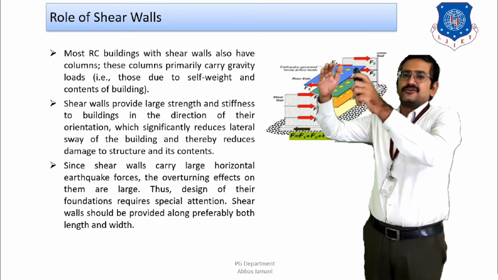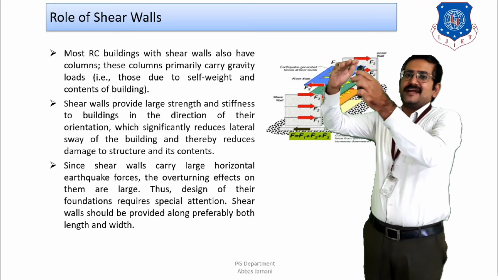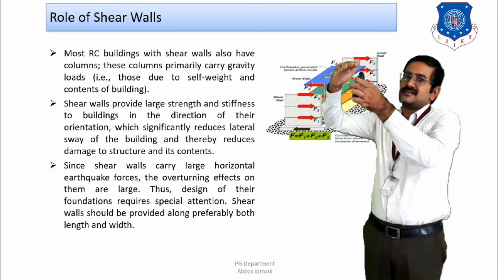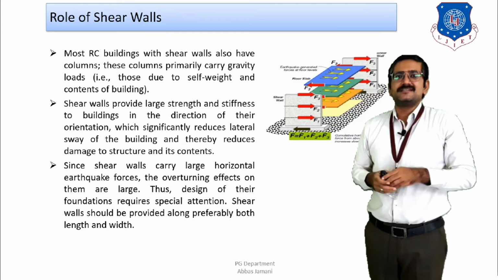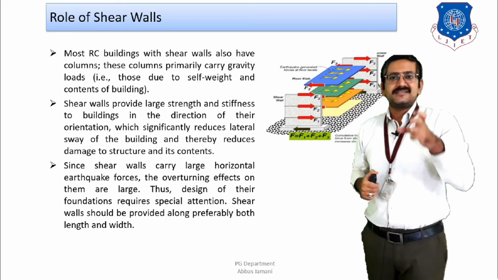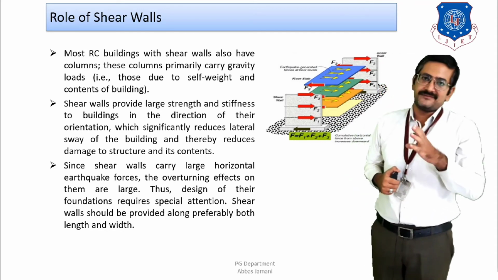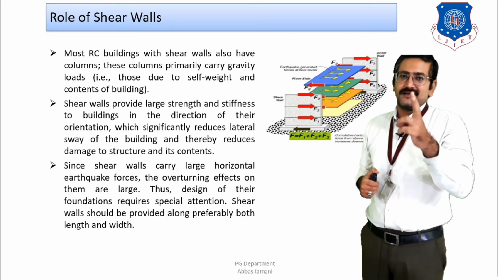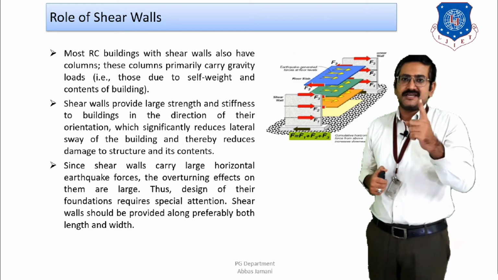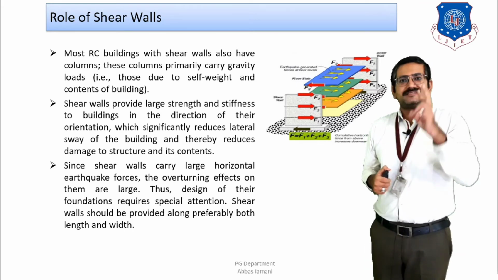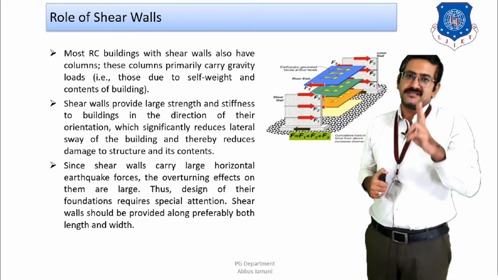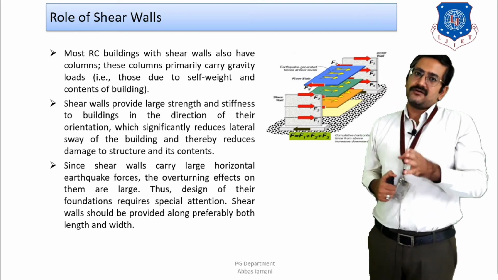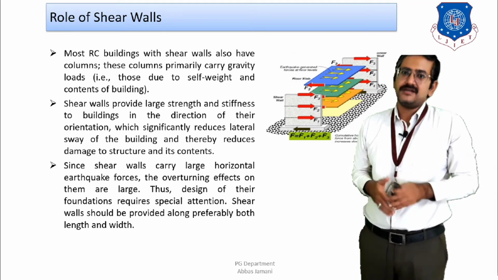When the force acts from the other direction, again the building is going to lose contact with the ground. That is, foundation upliftment is likely to be possible. Since the stiffness and strength are large, the wall attracts a large amount of lateral forces, and two things follow. First, the shear capacity should be sufficient, and second, the resistance to uplift forces has to be sufficient. So the foundation has to be checked for sliding and overturning without fail when you are designing the foundation for a particular shear wall.